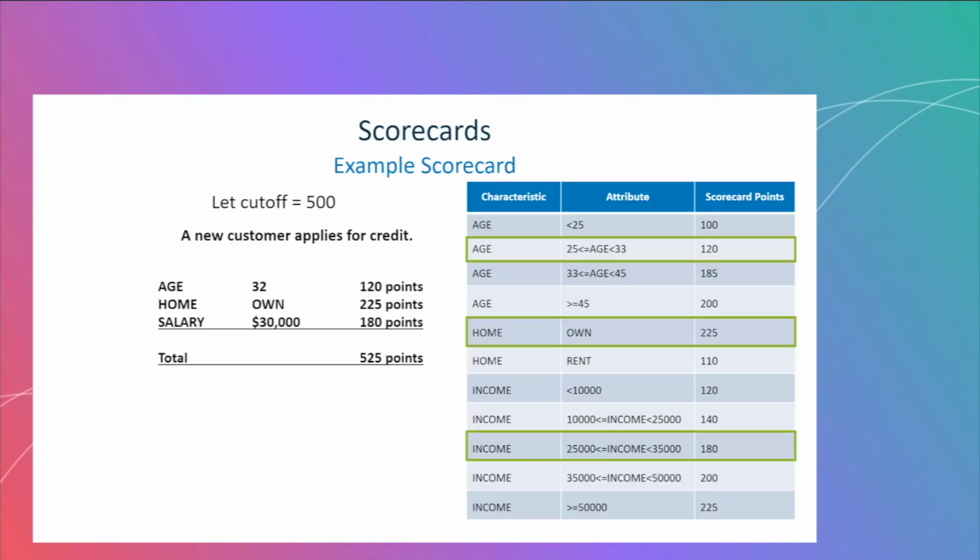Now, the process of model building and scorecard building would involve identifying these cutoff points. Why 25? Why not 26? Or why 33, why not 35? Why 45 and not 50? And likewise. So that process of scorecard building is where all these numbers come from. But this is the end usage of a scorecard there. And then we have